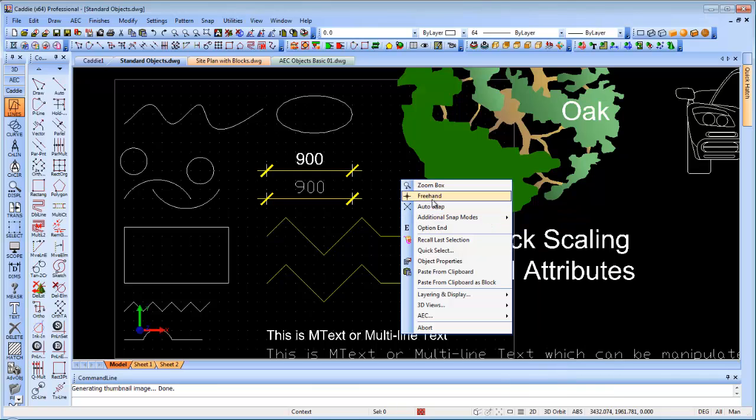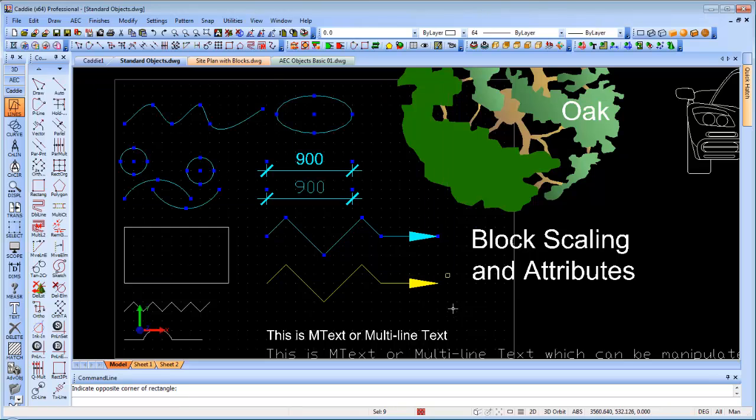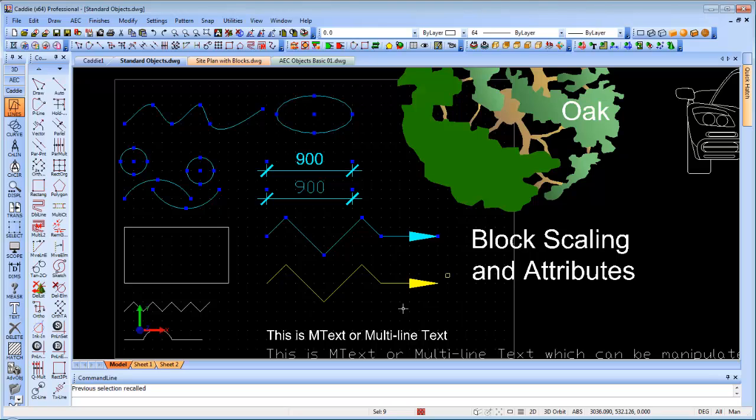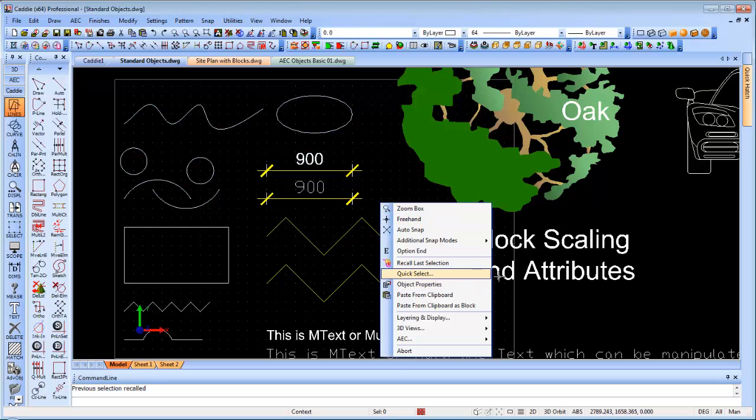We'll have our zoom function at the top, we have our snap mode so we can snap to endpoints, intersections and so on. We have a recall last selection, so if we've selected objects, cancelled the selection, go back and recall last selection will allow us to maybe go and just amend things before carrying on with a procedure that we were doing. We have quick select, which we'll look at in a few moments. We have object properties, we have our paste functions from the clipboard, we have our layering functions, 3D views and more. But for a start off, let's just call up the object properties so we can take a quick look